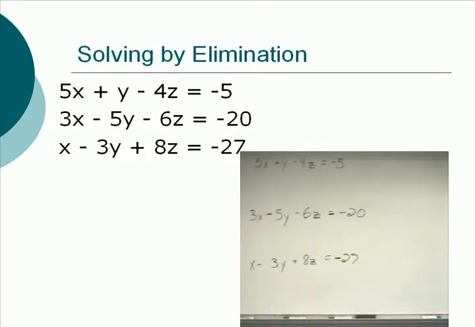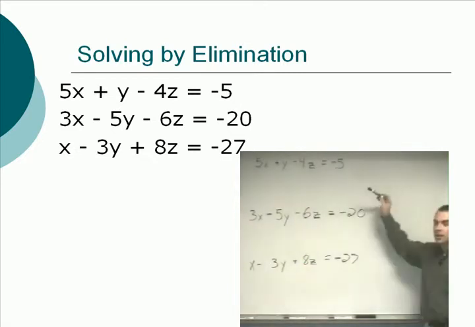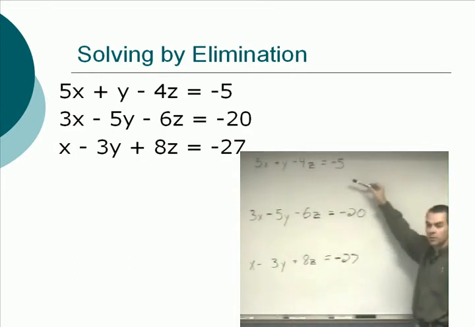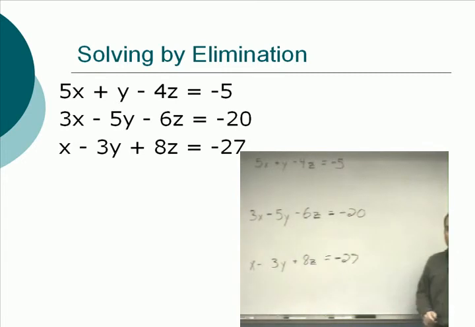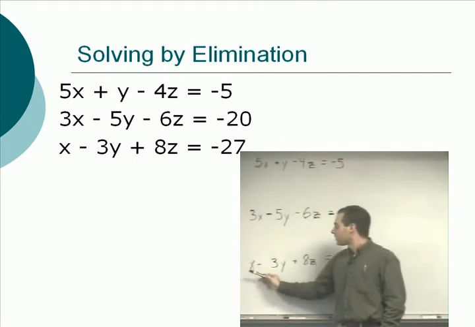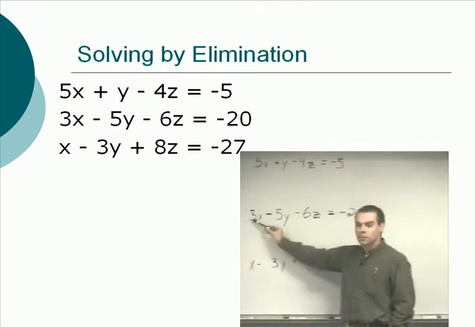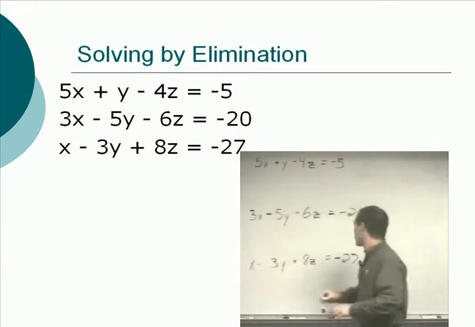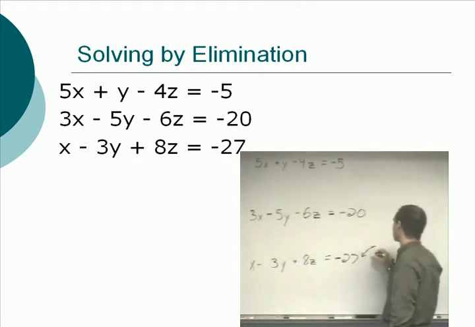Well, we're going to eliminate. We have to make two decisions. One, which equation we're going to sacrifice, because just as we made two equations into one before, now we're going to make three into two by elimination. So we're going to give up one of these equations, we're going to sacrifice it in order to cut the other two down to two variables, and we have to decide which variable we want to eliminate. This one will be an easy one to eliminate x with, because it's so easy to multiply this by negative 3 to eliminate x with this one, and you can multiply it by negative 5 to eliminate x with this one. So we're going to use the bottom equation